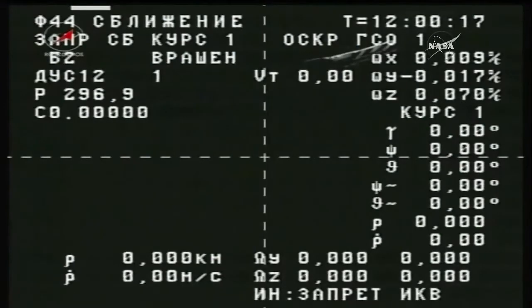And this first test of the camera on the Progress 68 cargo craft, giving the flight control team at the Russian Mission Control Center outside Moscow an initial look at some of the parameters that are being relayed through this cross-haired telemetry camera that you're